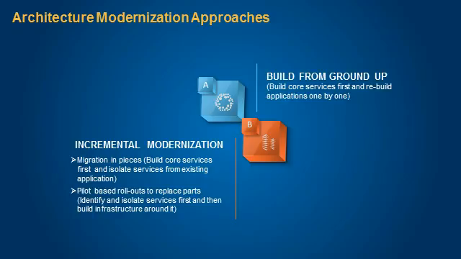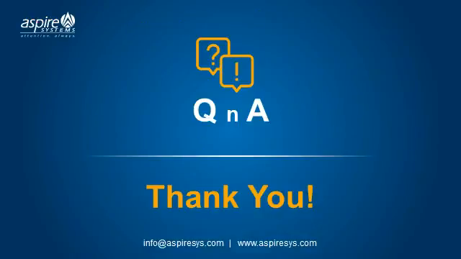So let's say we move just the search feature of an e-commerce application out. It might require an identity service, so we build only that identity service first, and then slowly, as we pull out and isolate services, we build the ecosystem along with the services. So these are very standard techniques, I believe, which people can use to modernize, and so that's what we propose. And in fact, we would ideally want to use the first approach, where we build the core service first, but to define that in a step-by-step approach,